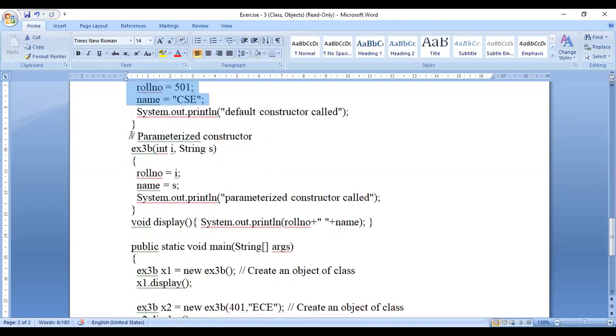Coming to the parameterized constructor, we know this concept from theory classes. This constructor expects some arguments to be passed when it is invoked.